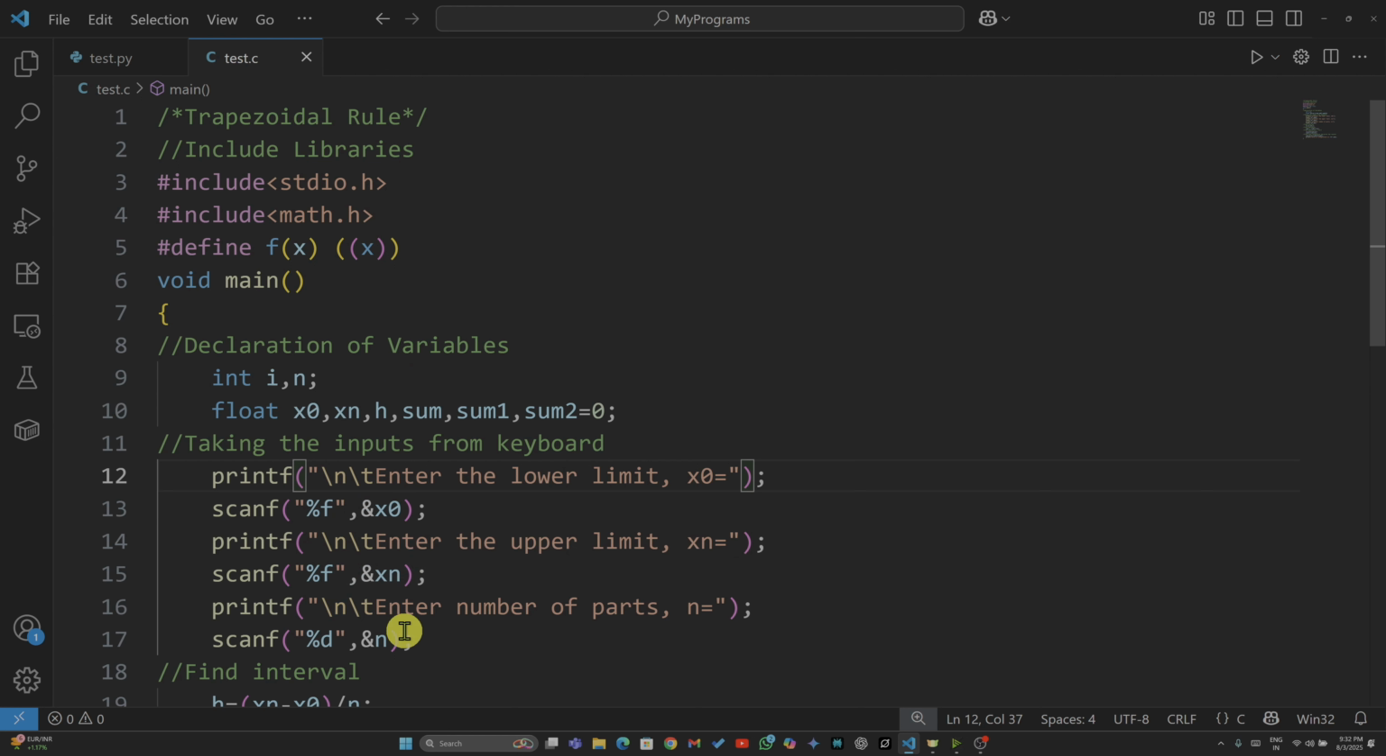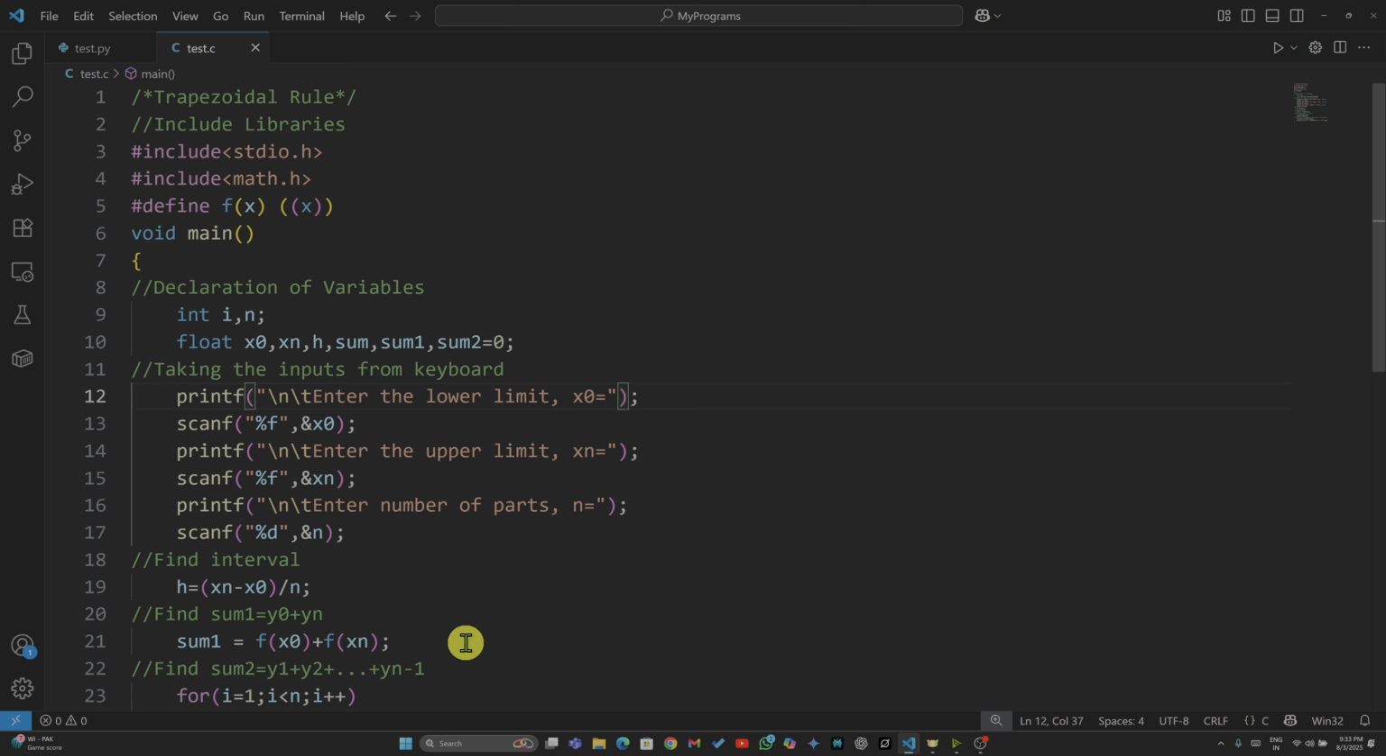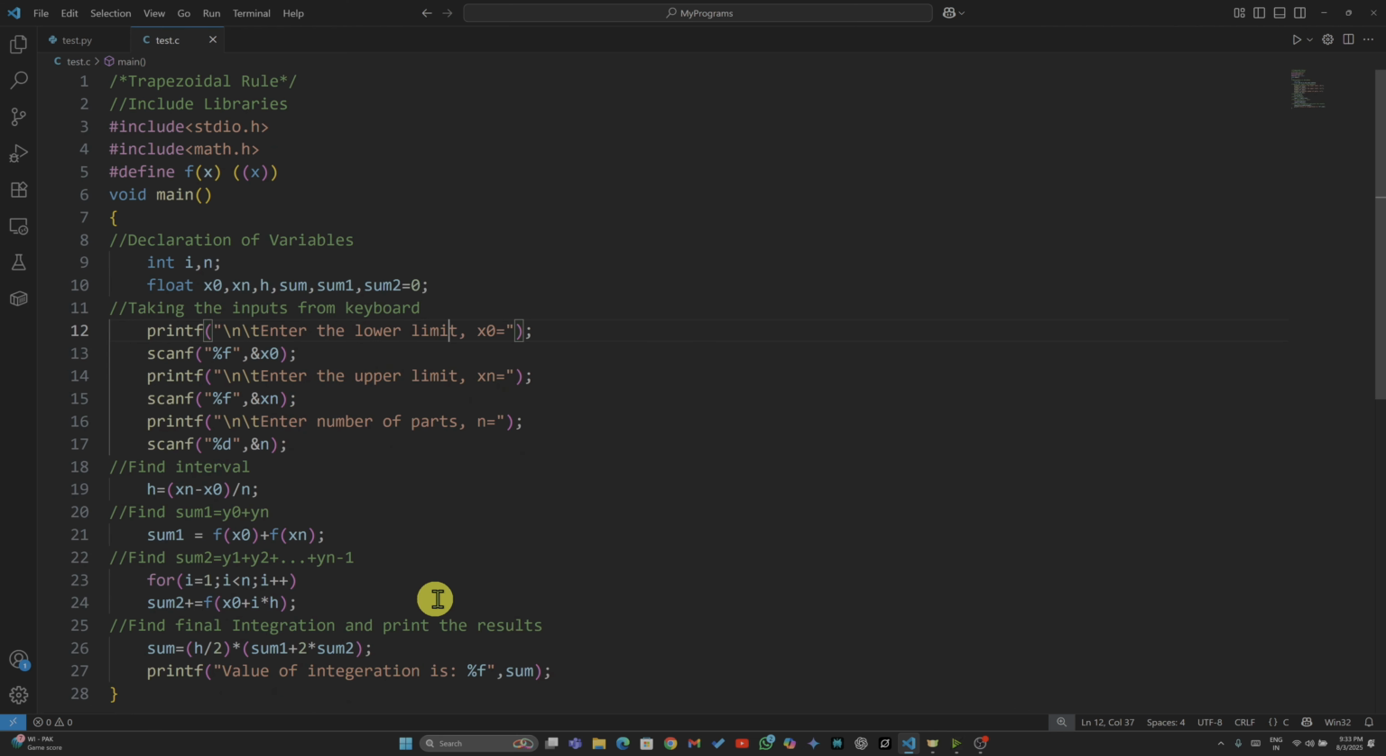Then printf enter the number of parts. Since the number of parts cannot be fractional, therefore we have given them as an integer, and therefore n is over here. So in scanf, we have to write %d and &n. Then after that, we will find out interval, that is h is equal to xn minus x0 divided by n